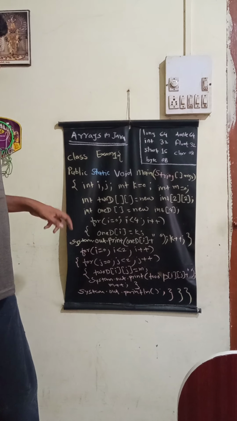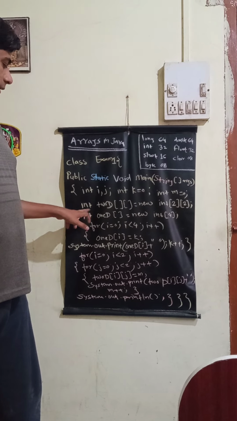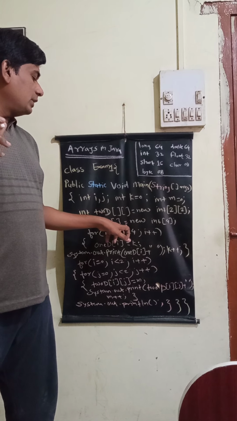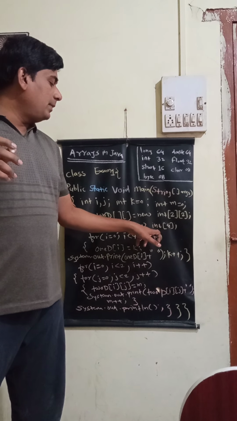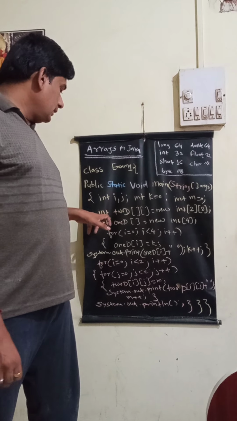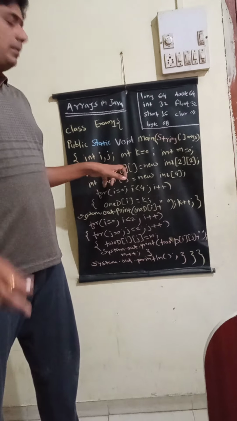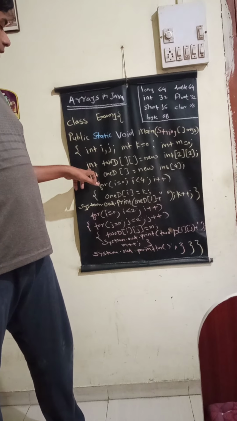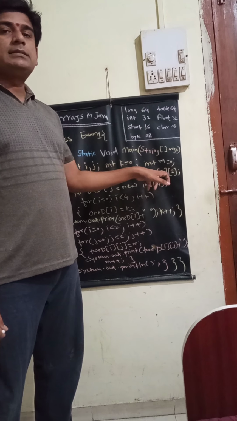Now for declaration of an array, the syntax is you need to write the data type, then the array variable name, then a square bracket. So if it is a one-dimensional array, then data type, variable name, and only one square bracket. Afterwards, equals new keyword, again the data type and the size of that array. But if you are going to declare multi-dimensional arrays, then you need to increase the number of square brackets. See here, I have declared a two-dimensional array: data type, name of the array variable, two square brackets, equals new integer and the size of the